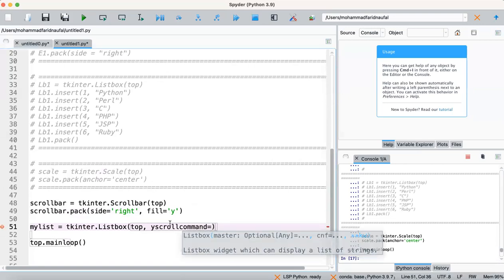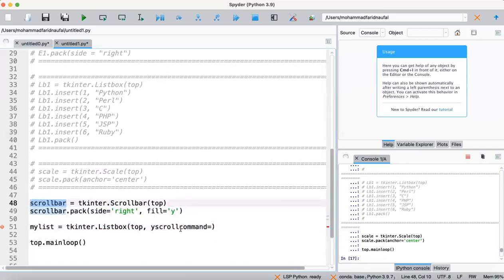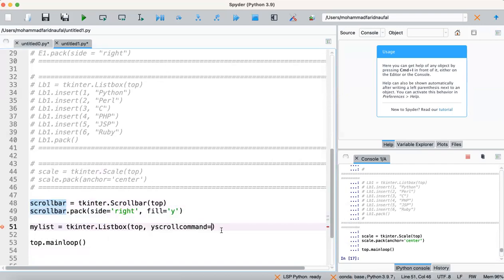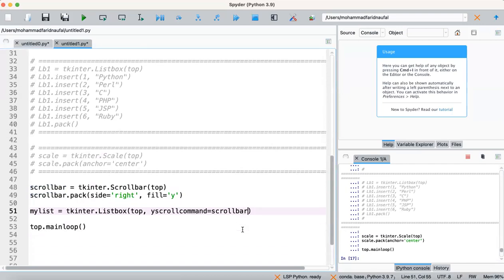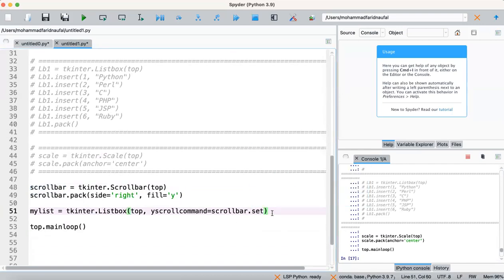Because we use the scroll bar here, y scroll command equal scroll bar dot set. We can just copy this one and put it in this argument. So the list will use the scroll bar widget here.